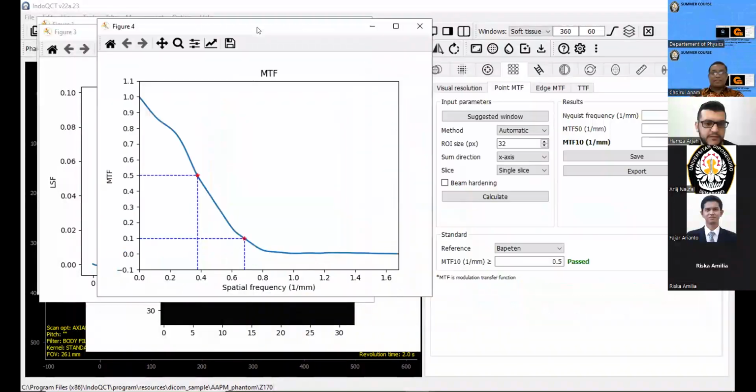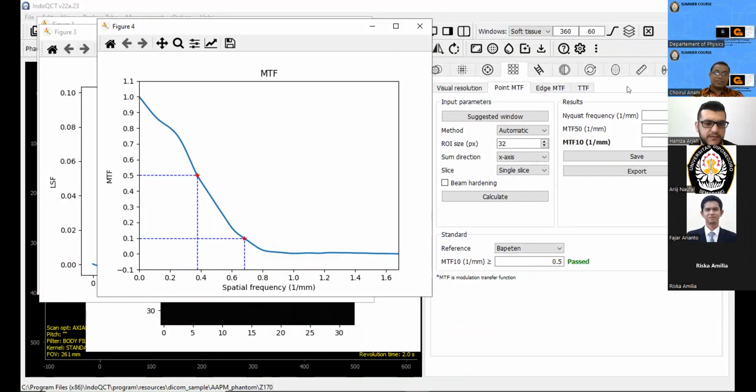we get this MTF, and we can see here the MTF 50%, and also the MTF 10% or 0.1, and we can see here that the spatial resolution will be about 0.6 and slight values.